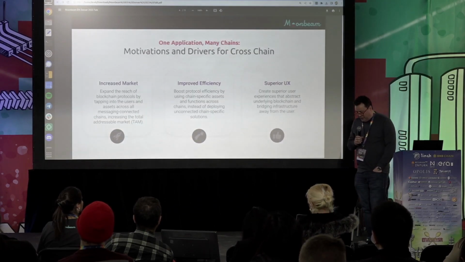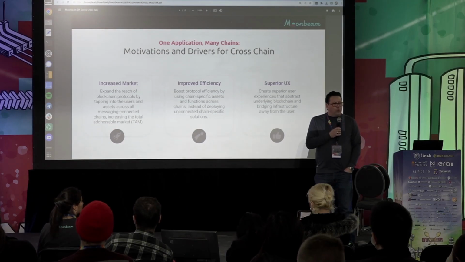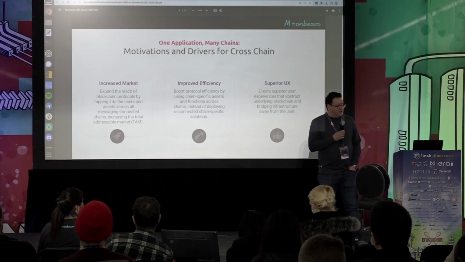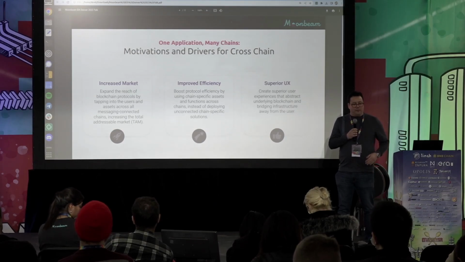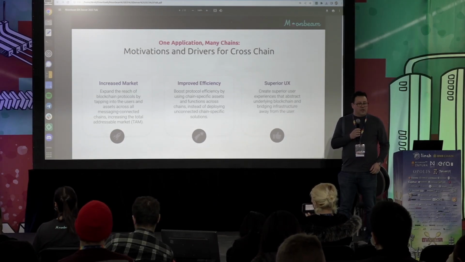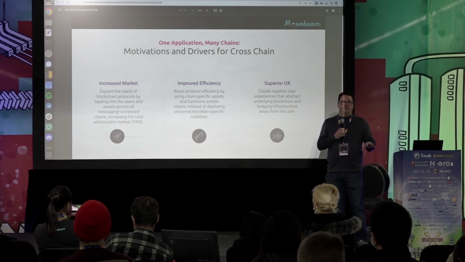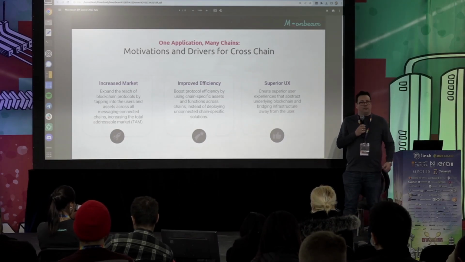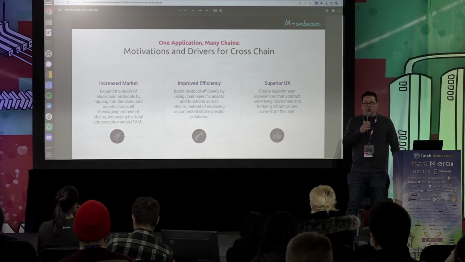And so just before diving into some of the architectures, I wanted to talk a little bit about what it is that motivates developers to create cross-chain applications. What are the unlocks? And I think the key three unlocks from my mind that I'm seeing across teams that are building these solutions are, one is definitely around market, right? So historically you chose one chain and you're limited in scope to servicing the users and assets in that one chain. That's not good enough these days, right? People want to be able to service users and access services across many chains. So it's this idea of going cross-chain to increase your market share is an important one.